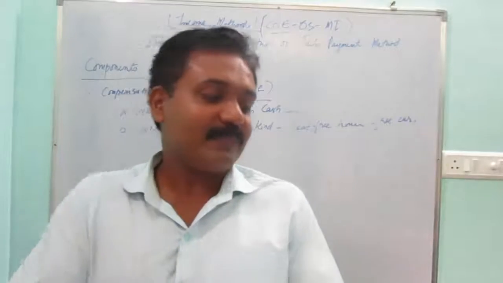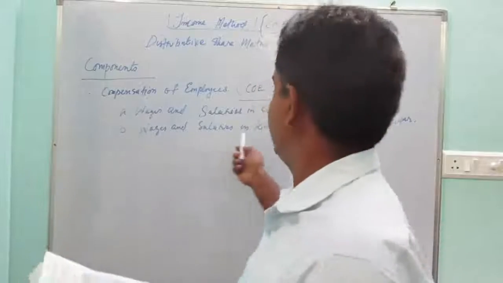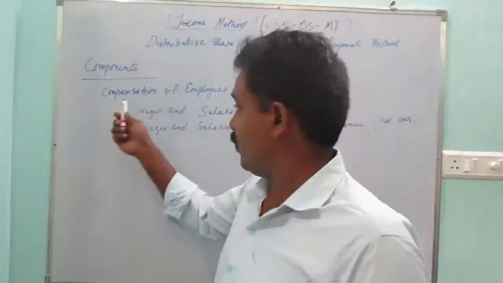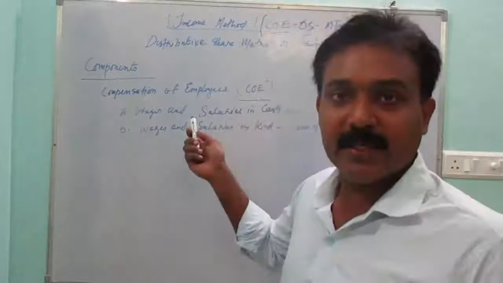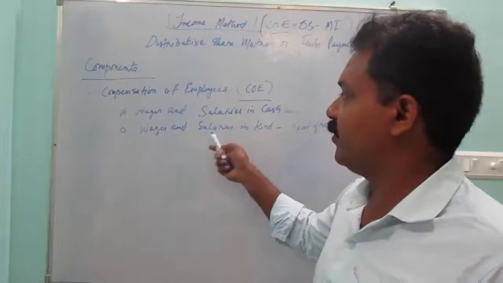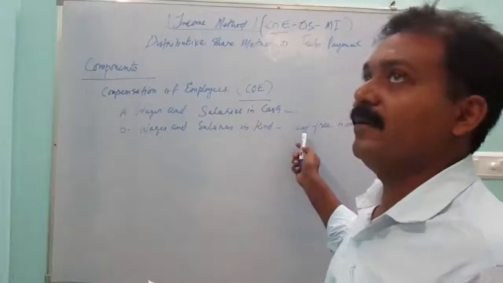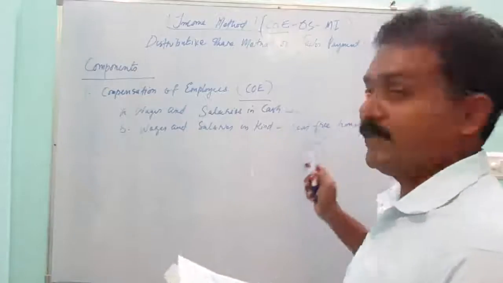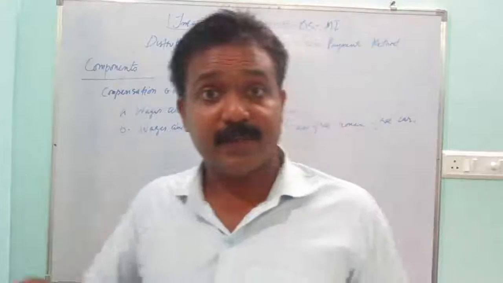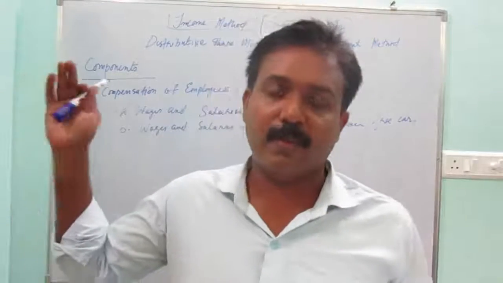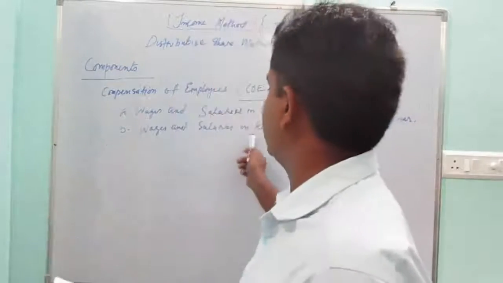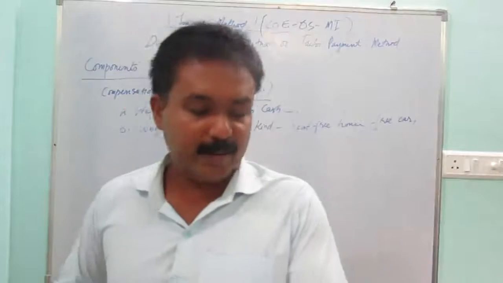Okay, come back. So wages and salaries in kind are also received by employees. Compensation of employees includes the salary which I get, then wages and salaries in kind, like the free residence which I am enjoying now, and educational concession for my children if they join Little Flower School. These all come under the wages and salaries in kind category.